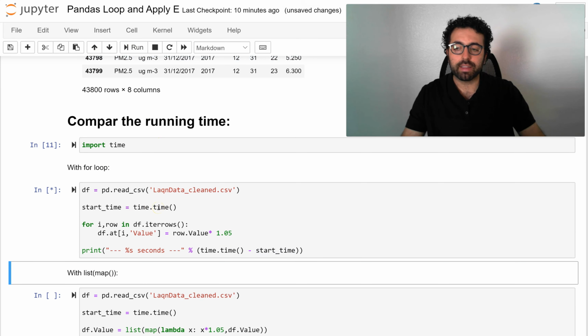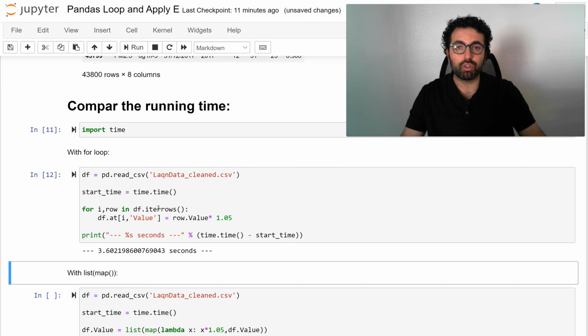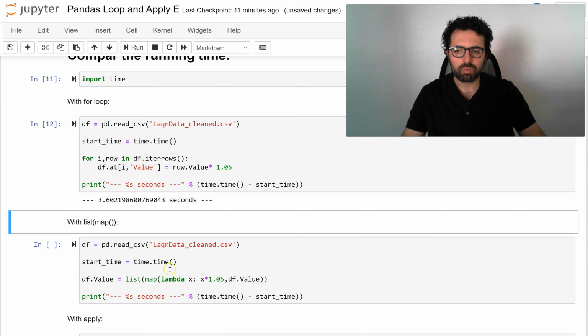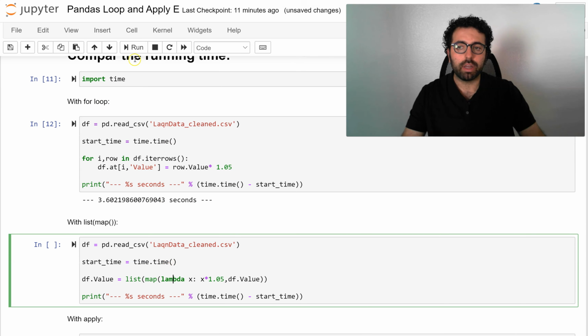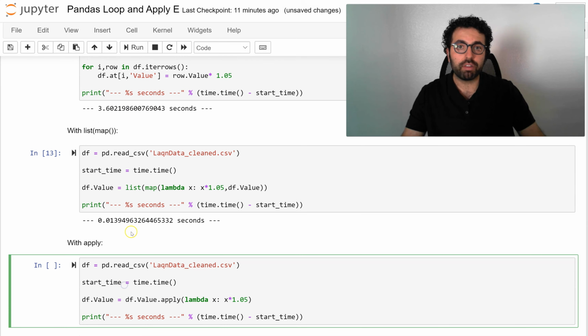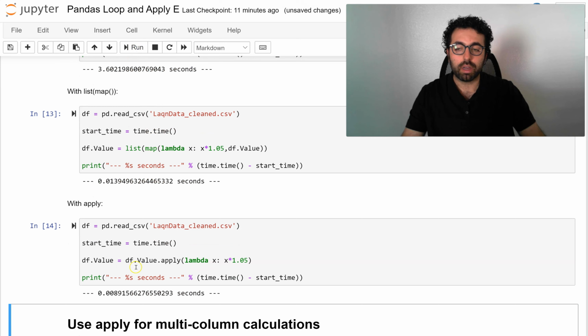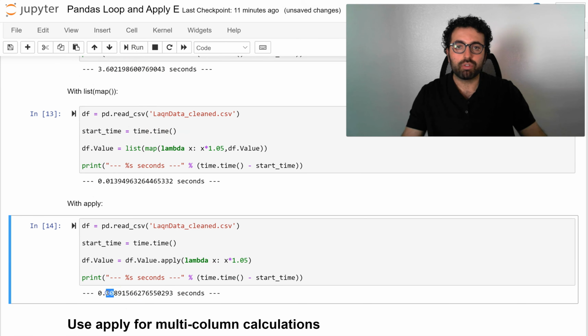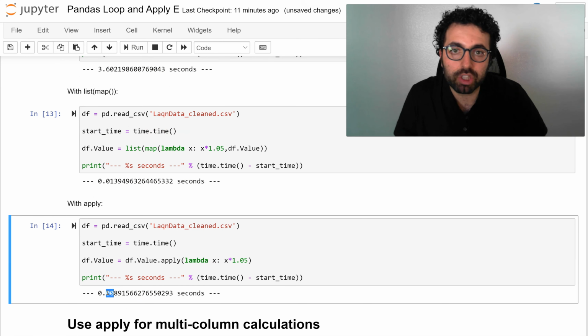We can see that, as we expected and saw above, it took a couple of seconds. Here we have 3 seconds for this to run. How about if we did it by just mapping the function to the Pandas series? Once we do this, it's 0.01, and you can see the significant difference between these numbers. How about if we did it with apply? Even with apply it is much faster. So you can see mapping or applying a function is a much better way of going about these types of